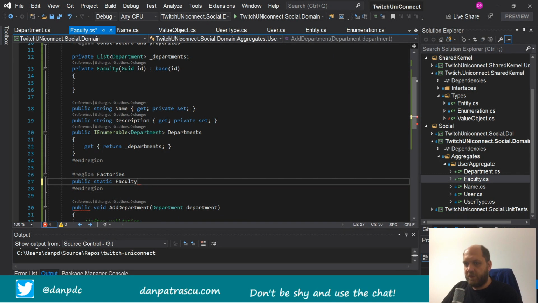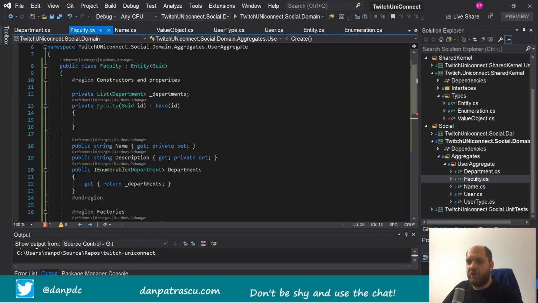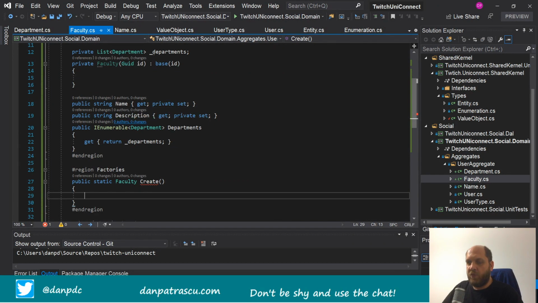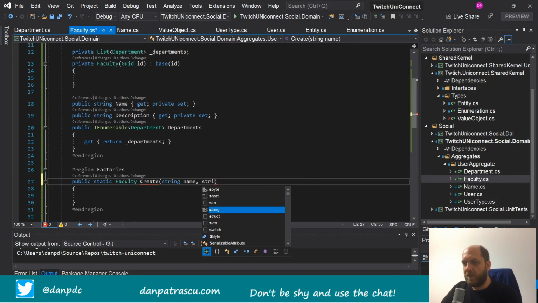Sorry, it's not get set into, it would be create. Okay, and let's see a little bit what do we need here to create a faculty. So we would need a name, we would need a description, and we would need probably an IEnumerable of departments. So let's have here as incoming parameters the name and the description,